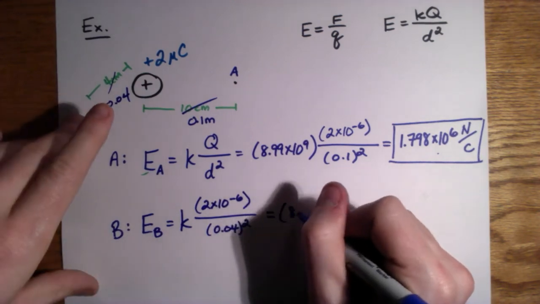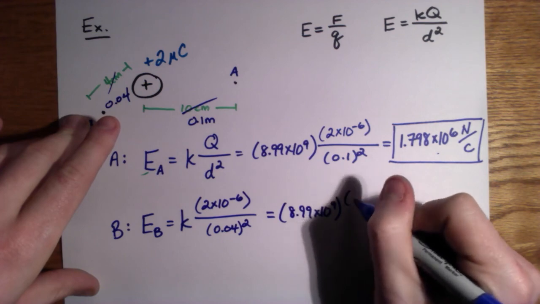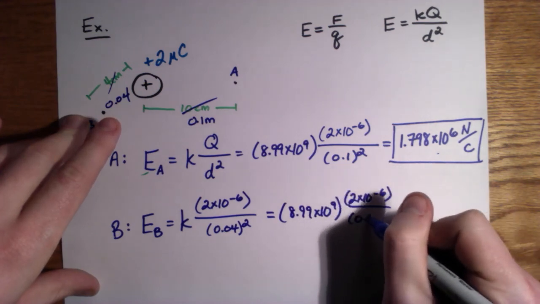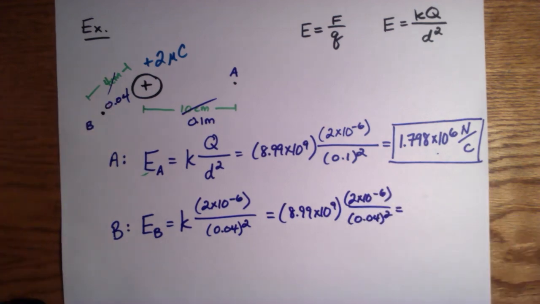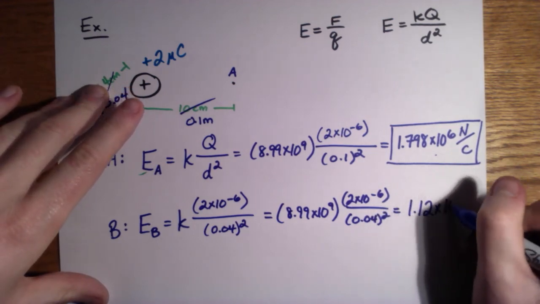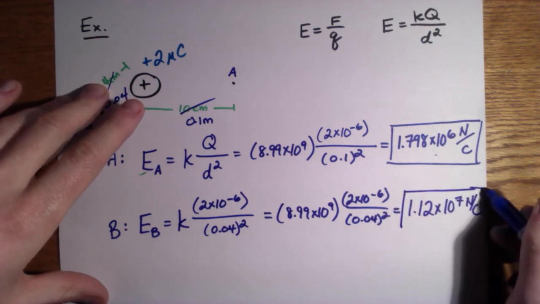So if I plug that in, 8.99 times 10 to the 9th times 2 times 10 to the negative 6th, all over 0.04 squared. That should give me 1.12 times 10 to the 7th newtons per coulomb,